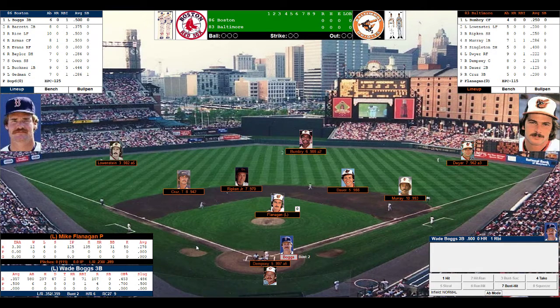We are back with some Action PC Baseball one and done playoff tournament on this Wednesday evening, and we have the semi-final American League bracket. The winner will play the winner of the National League semi-final bracket. In this matchup, we have the 1986 number 5 seeded Boston Red Sox, the visiting team, versus the number 3 seeded 1983 Baltimore Orioles for a trip to the championship game in this one and done playoff tournament.